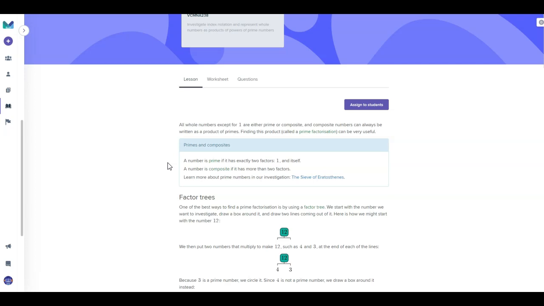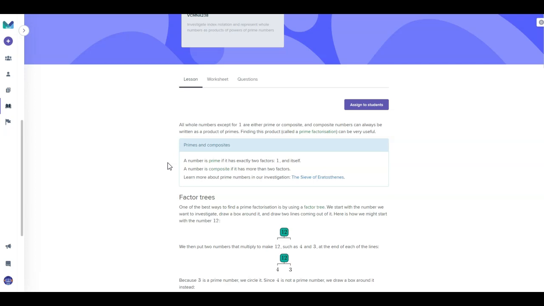So 1 and itself. For example, the number 2 is a prime number, so it only has 1 multiplied by 2 to get the number 2. Same with 3, same with 5, same with 7, but don't get tricked into thinking it's mostly odd numbers, because for example 15 has not just 1 and 15, it also has 3 and 5 as factors, so it would not